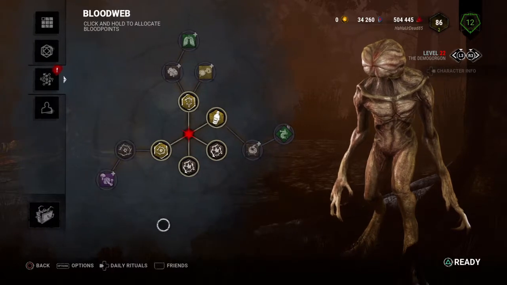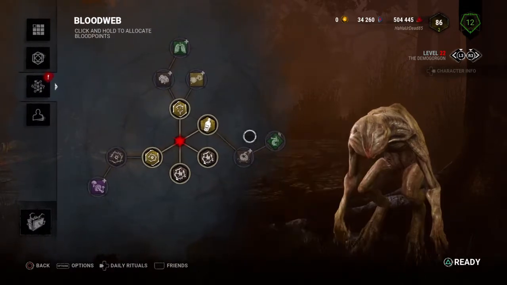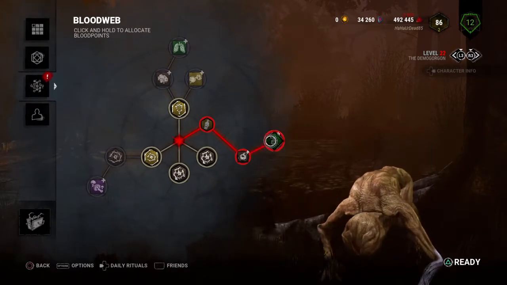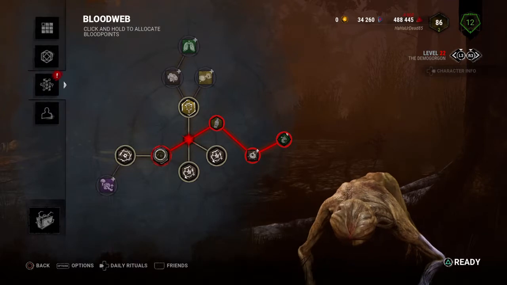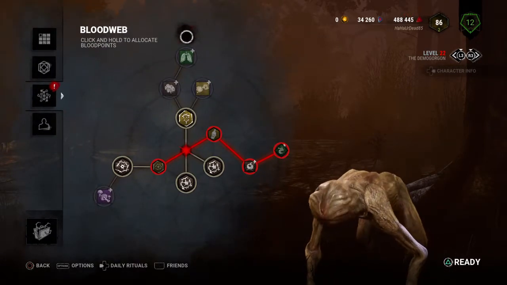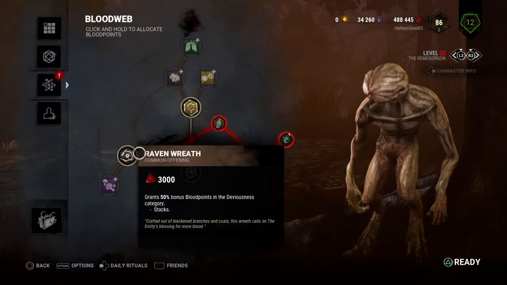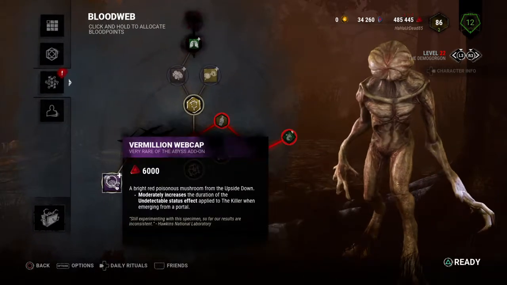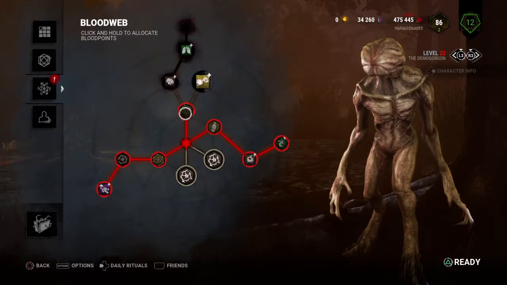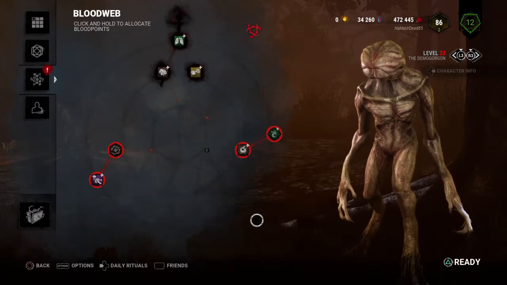I like that too. I think we might go for that, but first we have to go for the Bloodhound, because that's the only perk on the Bloodweb. Now, since the entity spawned up here, I'm assuming that it's going to get the Deer Lung. Yes, I'm correct in that. I like hunting. Hunting's easy to get blood points in, so...